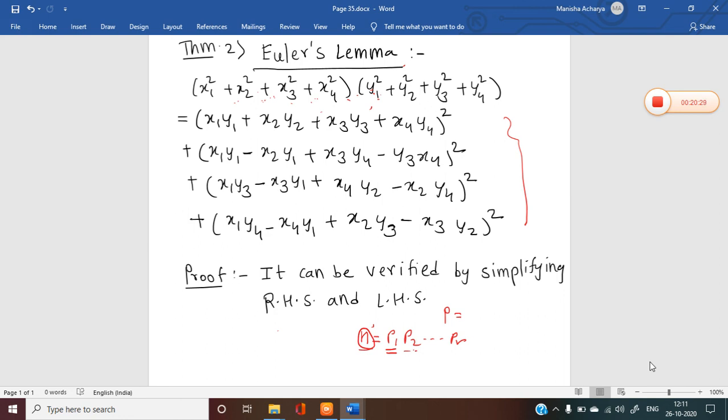But students, here we have not proven the result for p. What we have proven is the result for mp, that every number of the form mp where m satisfies the condition that 1 is less than or equal to m less than p can be expressed as a sum of